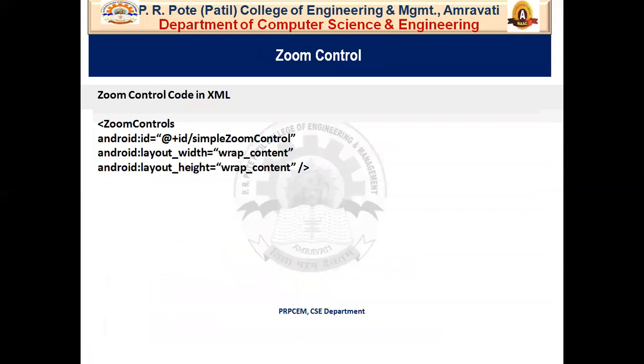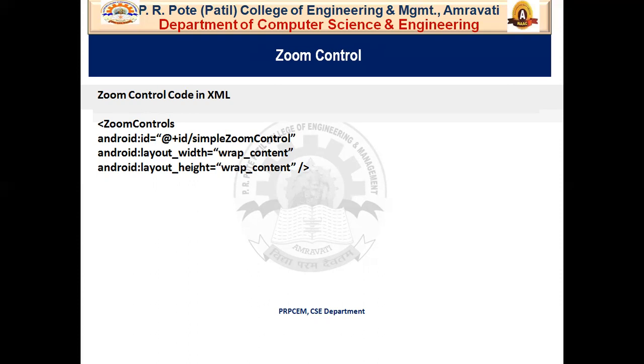Now the next topic that we have in this unit is the zoom control. So in Android, the zoom controls class is used for zooming and returns a callback to register for events. Now we know what is zoom out and zoom in. So zoom controls has two buttons, zoom in and zoom out, which are used to control the zooming functionality. And we have zooming functionality in each and every app.